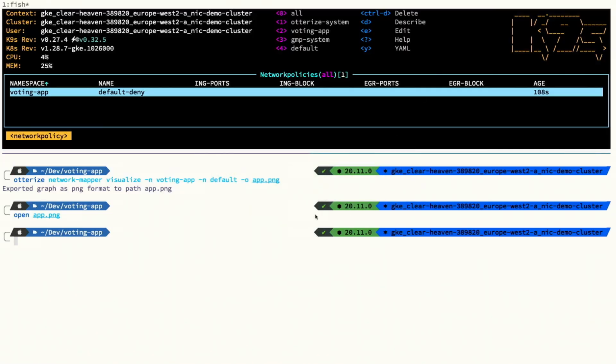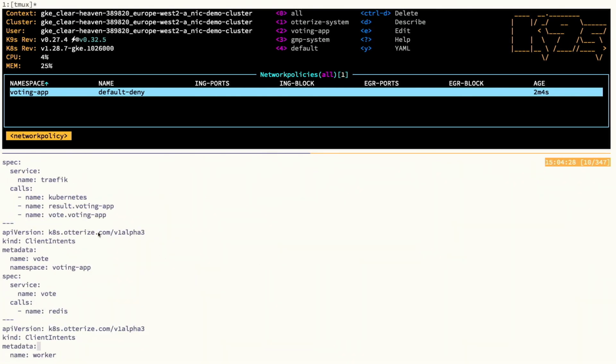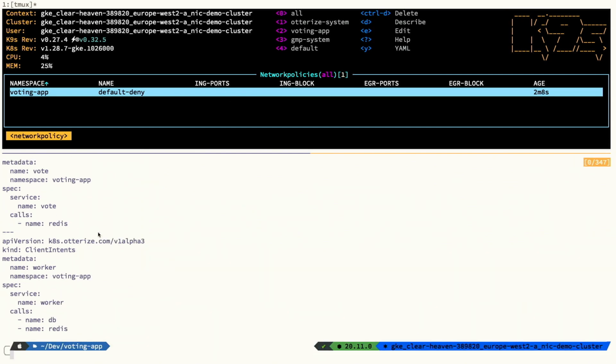But with the command line, now that I have the visualize image, I can also do Otterize network mapper export. So export is going to generate the client intents. So you can see here all the client intents that I should apply to make the communication work, regardless of the lower level configuration. It just happened that in this case, it's going to be network policies. And then next step is just,